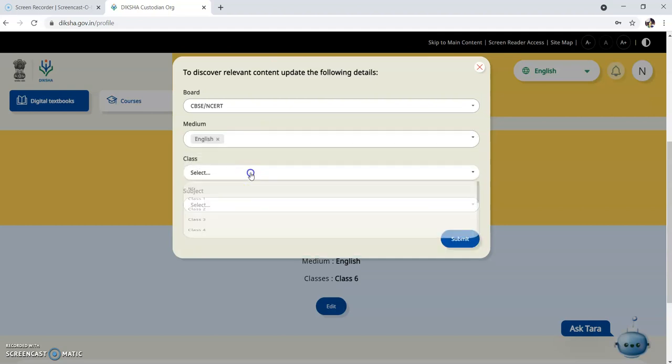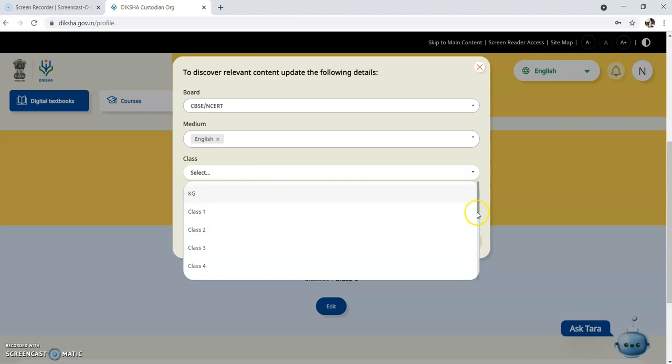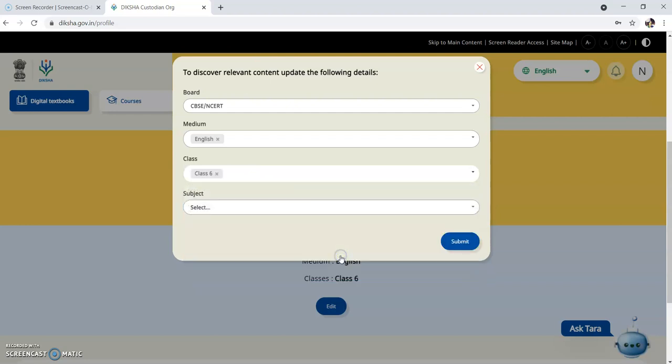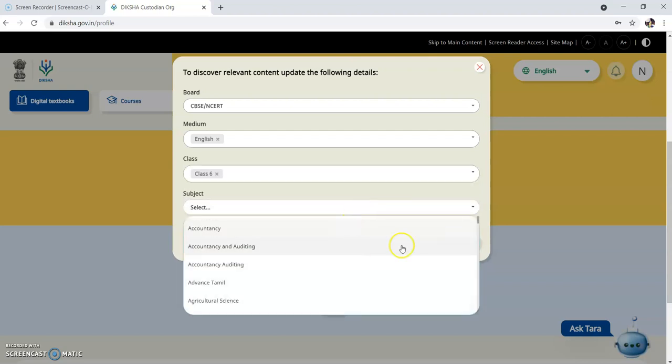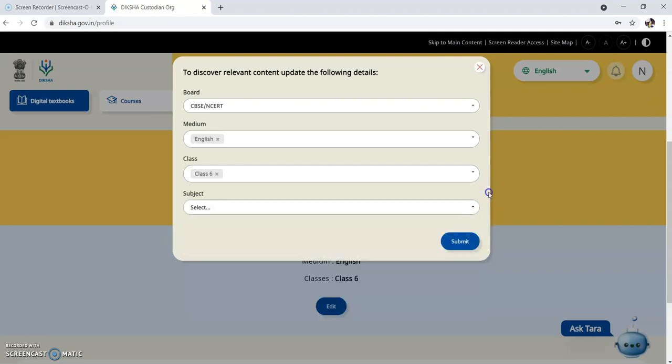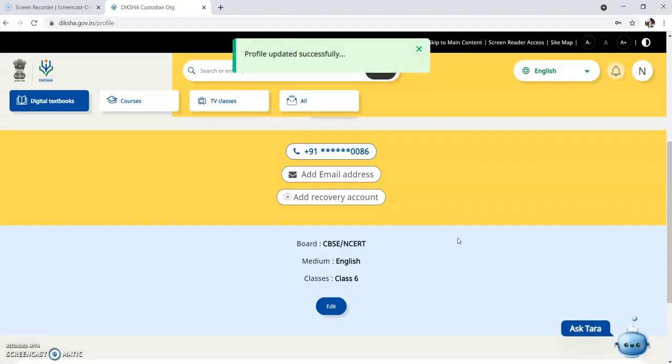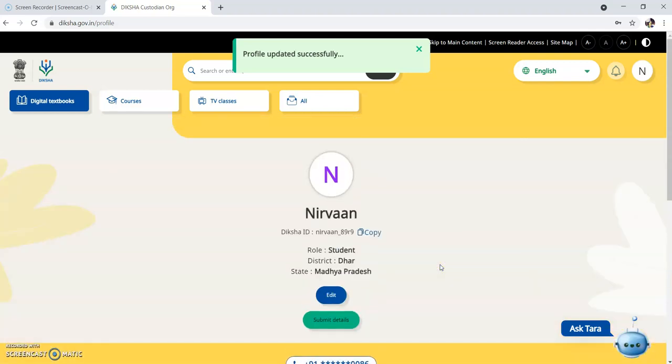Medium English, class 6th. And now I can also select the subject for which I need the content. Or I can keep it as it is because I need the content for all the subjects.